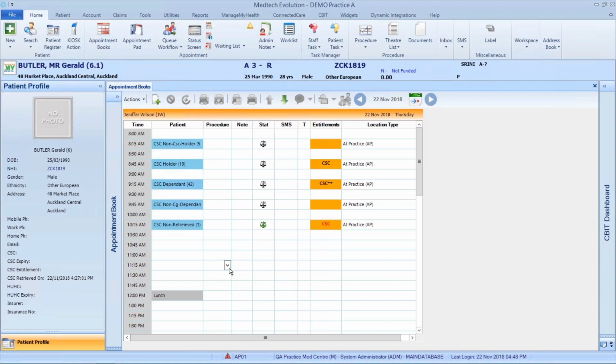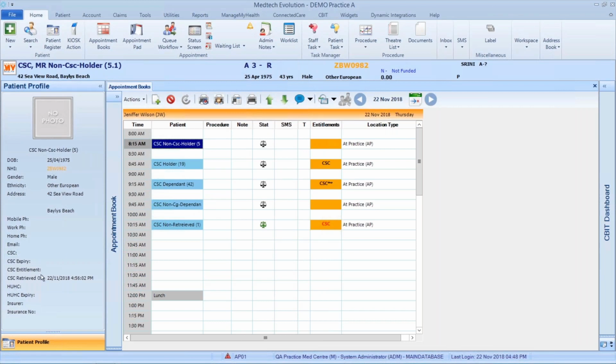It's important to note that a retrieval happens automatically when you put a patient on the pallet. You can only have one successful retrieval for each patient per day. Outside of this, you will need to do a manual retrieve, which I will cover later in this webinar. When I put this patient on the pallet,